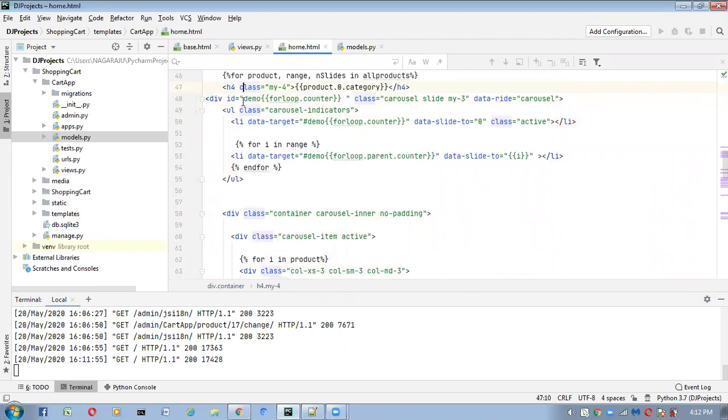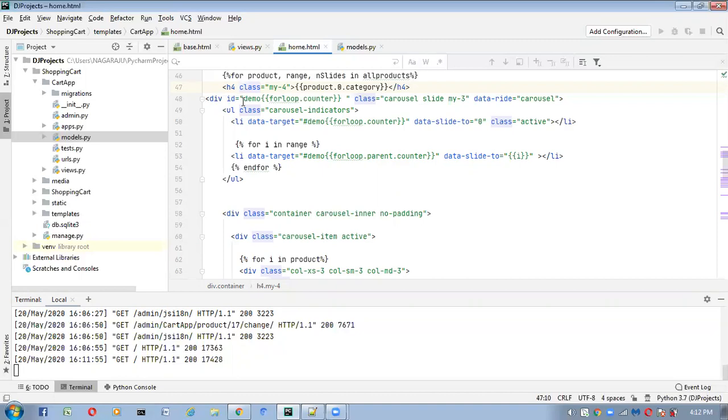Previously, we took the first item as the default one. But now I removed that default one, it is not required. From the first item onwards, everything I am taking inside the for loop. This is one part.